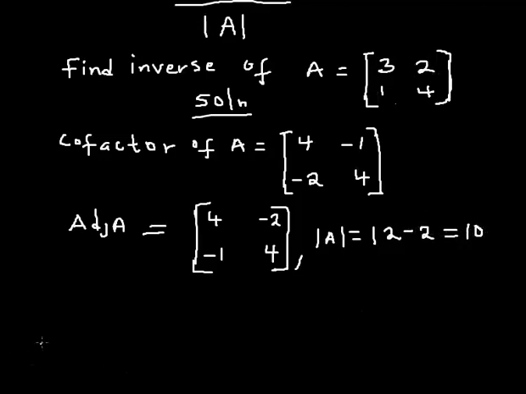Okay, so combine everything together. A inverse, now you know how it is. That's going to be the adjoint of A, then divided by the determinant of A. So let's do that. So that's going to be 1 all over the determinant,